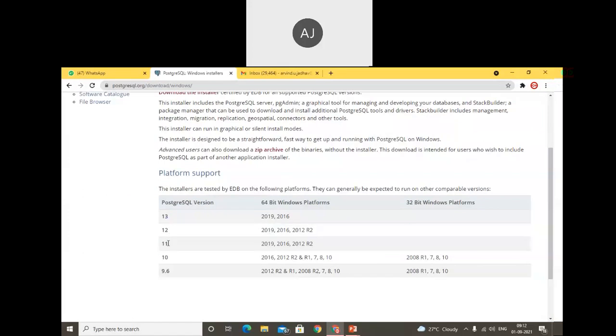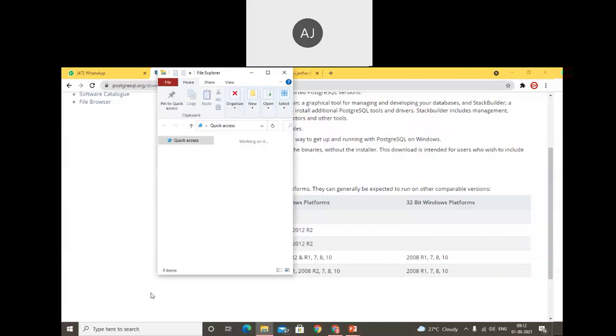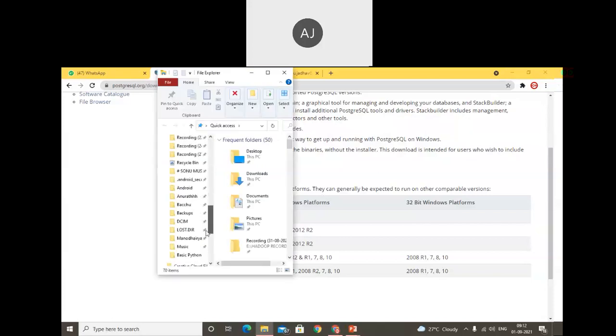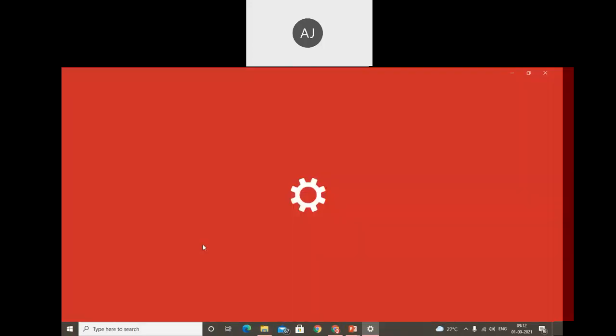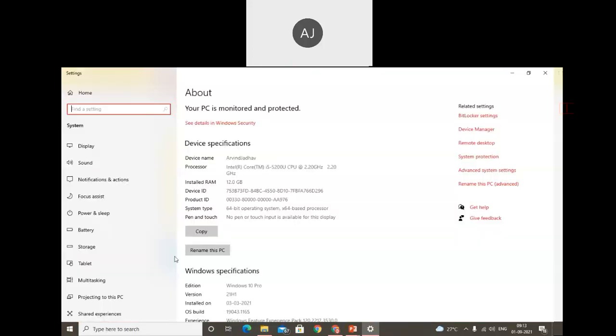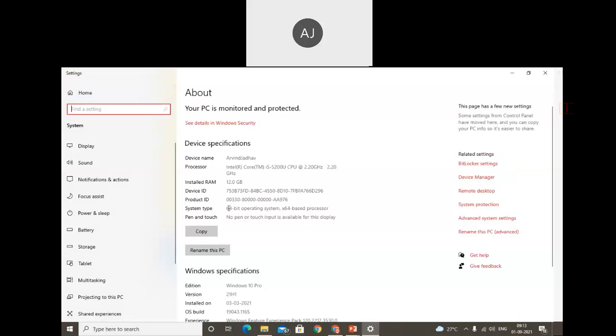So you need to understand this concept. If you are trying to select a version, make a note of it. You need to identify what type of architecture you have. If you want to check, open My Computer and go to This PC, right click and check Properties. Inside Properties, see the system type, 32 or 64 bit. Here you will see the system type. That means you can easily identify what type of architecture we have.